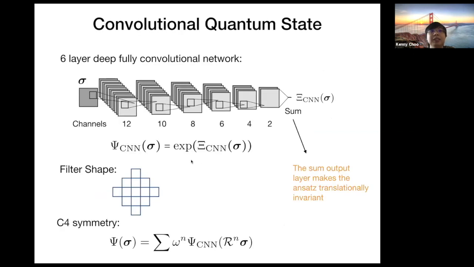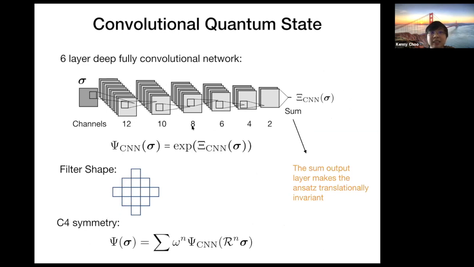So we also wanted to see how well these neural network quantum states can perform on this model compared to other methods, sort of like as a benchmark, since there's a lot of other works to compare to. So for this problem, we decided to choose a deep convolutional network. So this is the network architecture.